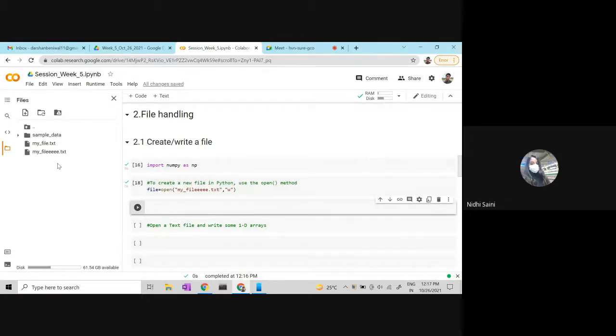Just tell me one thing. Can you just break down this command and tell me what exactly every element of this command is doing? Okay. So this W is used for write, meaning we are going to create a text file, and this my_file is the text file name, and open is used to create, read or anything. So open with W collectively is used for creating, opening, editing, right?